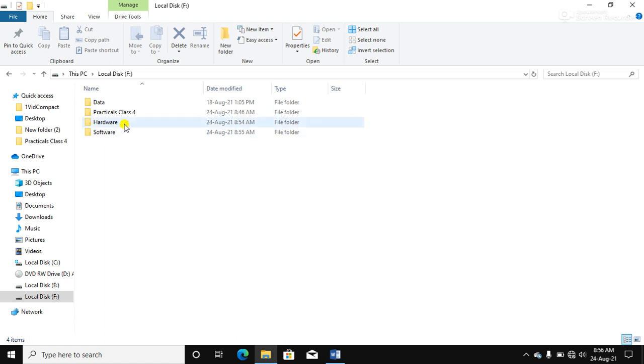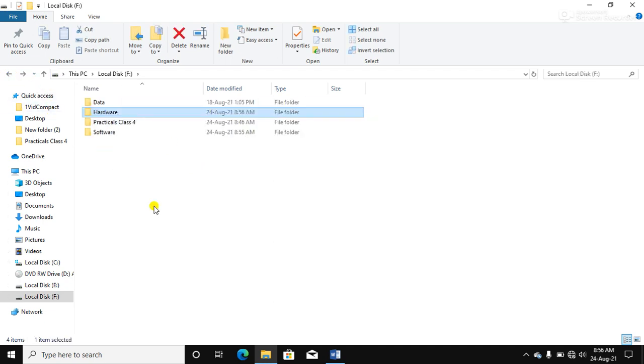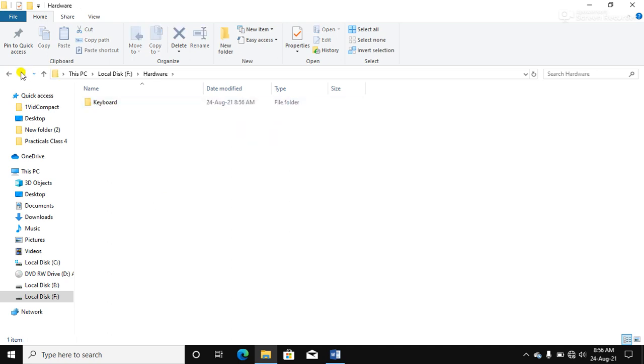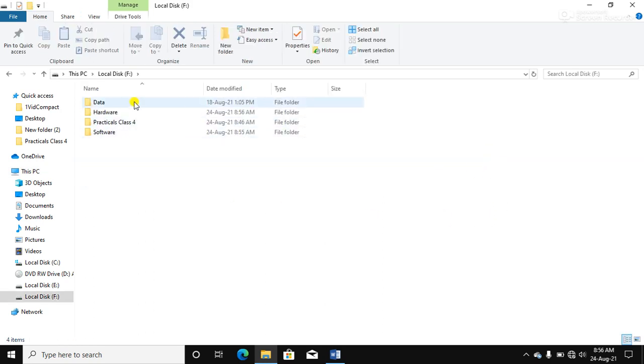Suppose in hardware folder I am creating a new folder here. Suppose keyboard. Okay. So keyboard is a subfolder of hardware. Okay, keyboard is called a subfolder of hardware. Got it?